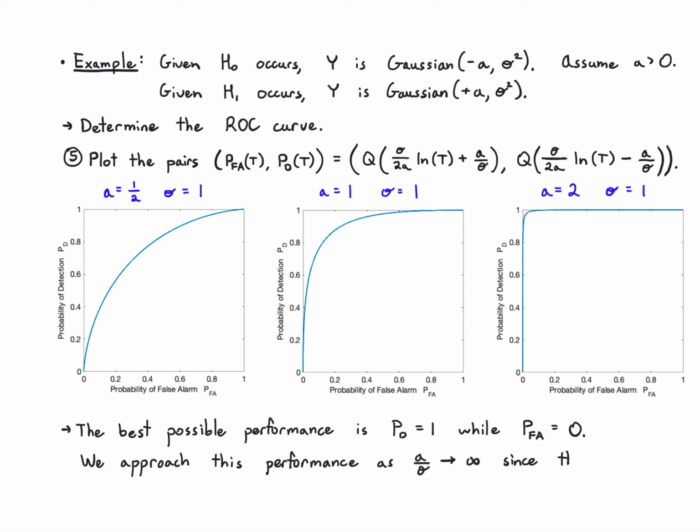The reason that happens is the conditional distributions become increasingly separated. They just push apart from each other, so the area on which they overlap becomes smaller and smaller. It really has to go to infinity before you reach that value exactly. Even though it looks really good on this plot, which is a equals 2 and sigma equals 1, that's not quite accurate, because if we zoom in there, we still have quite a significant probability of